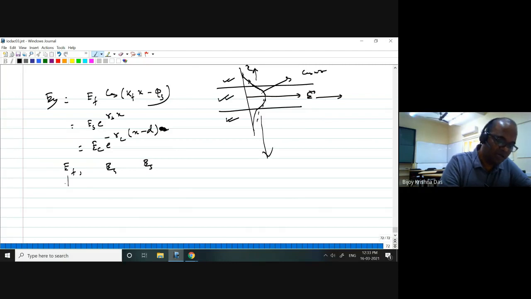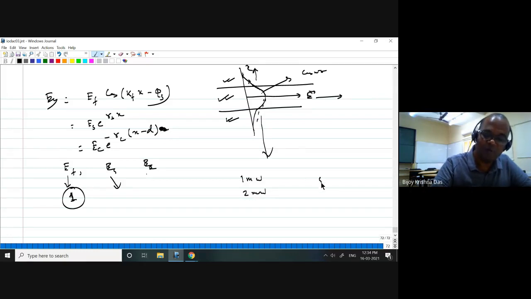You can consider EF normalized to 1. Once you consider EF maximum 1, normalized, then you can find the values of ES and EC. This is just for handling the mathematical equation. I think it is easier to use 1 for EF. But how do I distinguish if the power carried by this mode is, say, 1 milliwatt or 2 milliwatt or 5 watt? What change do I need?